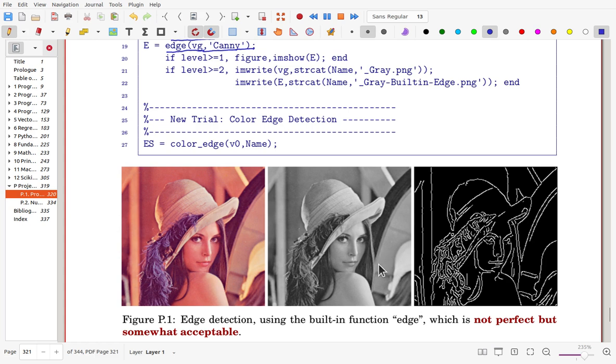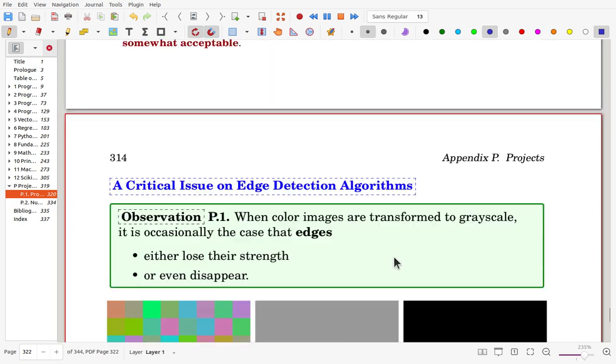For example, also this portion possibly must be ignored, but here you can see that portion. Okay, here